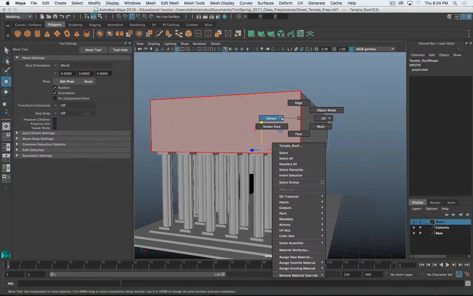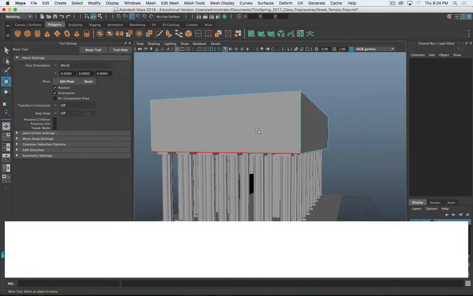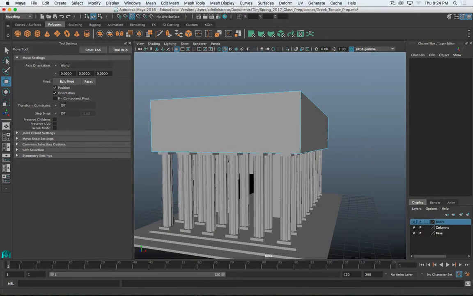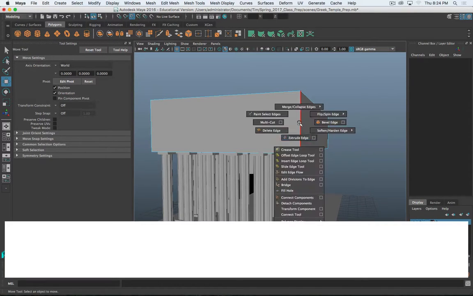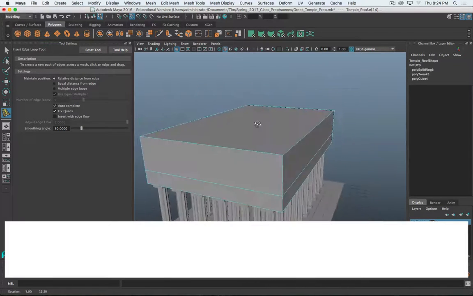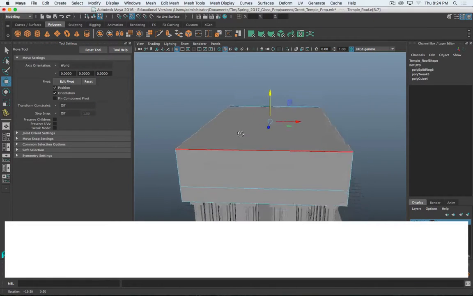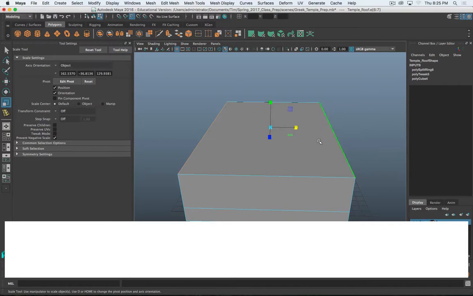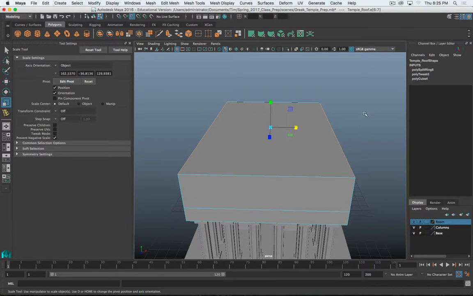Okay. All right. So I don't want to make the whole thing just a sharp pyramid. I actually want a little bit of thickness before it starts to taper. So I'm going to add an edge loop right about here. Yeah, that'll work. And now I can select these two outside edges, and to keep them even, I will just select them both